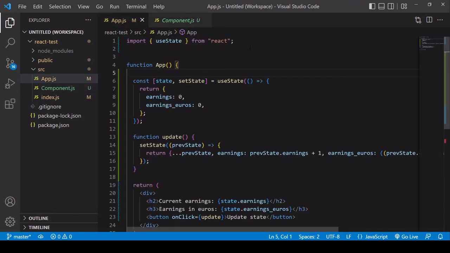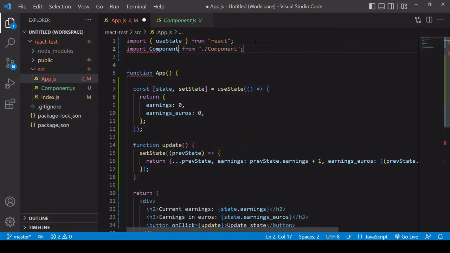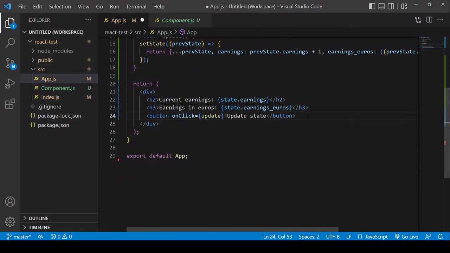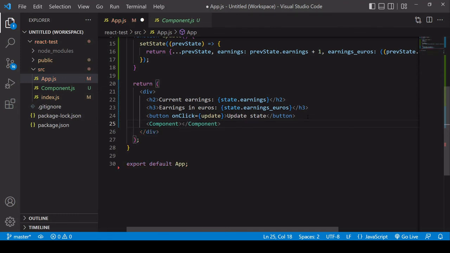So to do that, I need to link the two files. I'll import component into my app. Now in terms of what I'm rendering to the DOM, here in my app, I'm going to render component as well, which I can do now I've imported it, and I want to pass down the value of earnings. So that is going to be